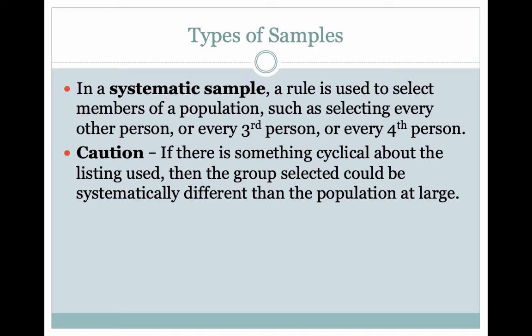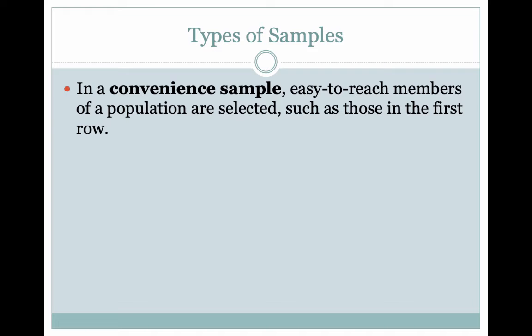So you have to be careful that if you're going to use a method like this, there's nothing cyclical, like going every 7th day would mean you're going the same day of the week. If you went every 4th day or something, that might be okay, but you have to be careful with the systematic sample. Okay, in a convenience sample, easy to reach members of a population are selected, such as